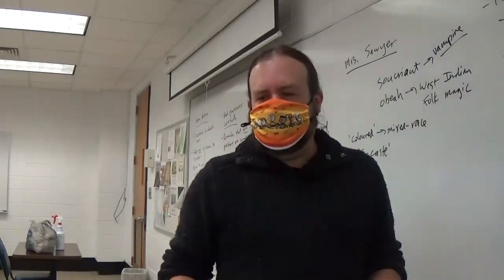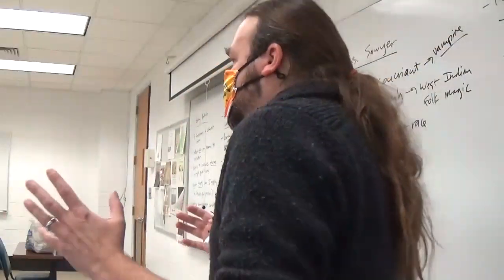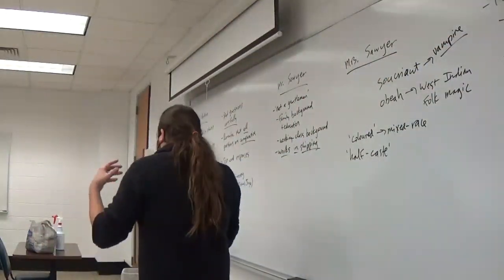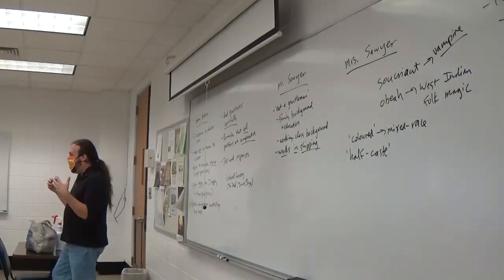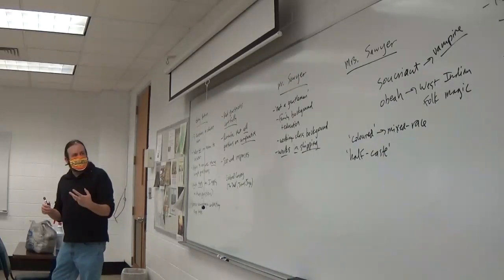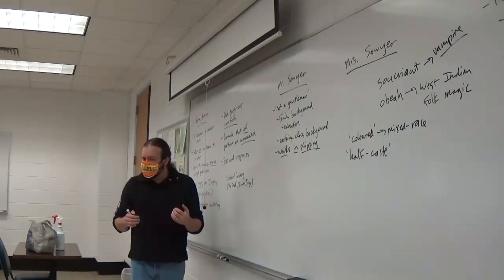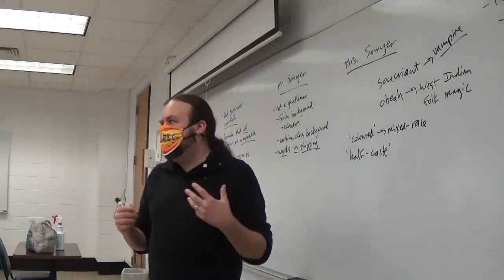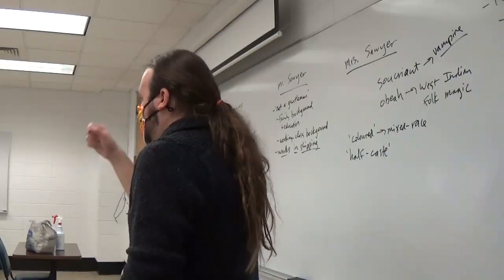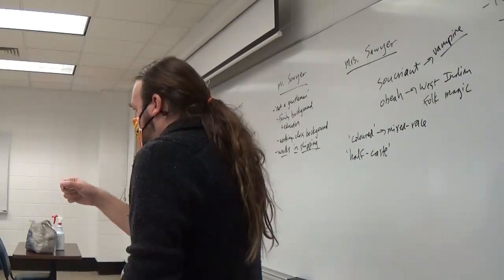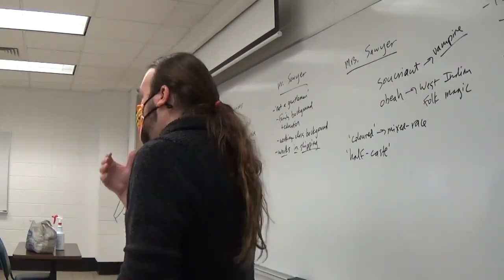Now, given some of the stuff we've discussed in class thus far, what does this recall for us? Why might it matter that we have this Englishman in the Caribbean who makes his money from shipping, particularly from shipping between the islands and the South American mainland, right? What's this meant to recall?